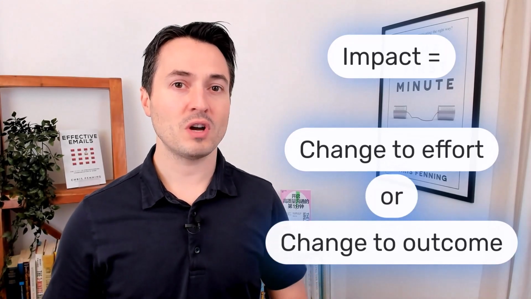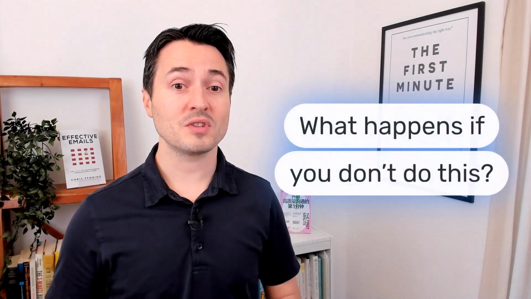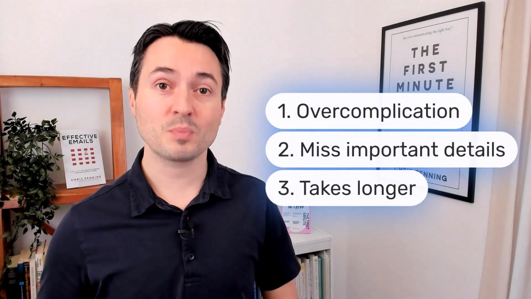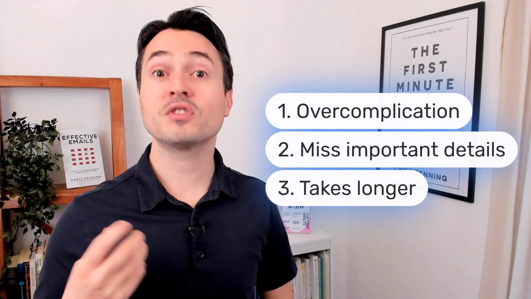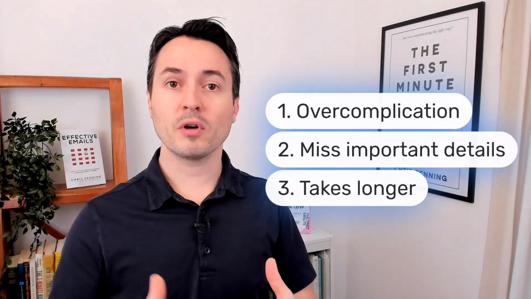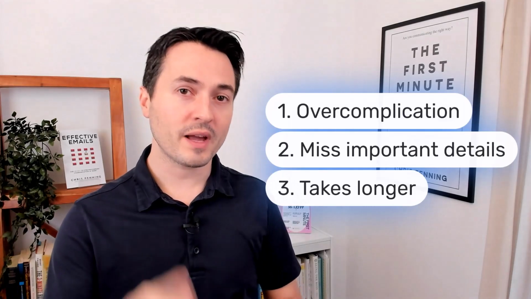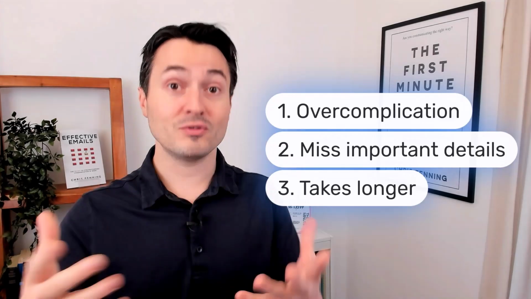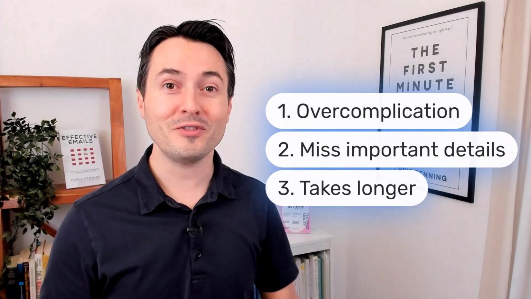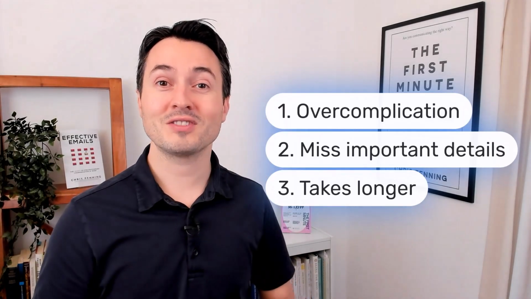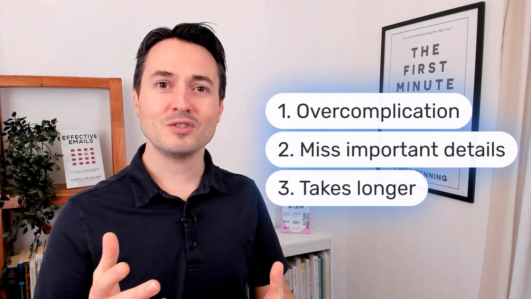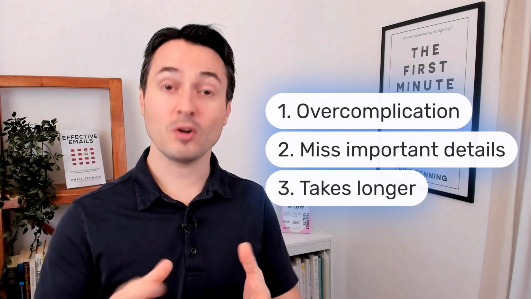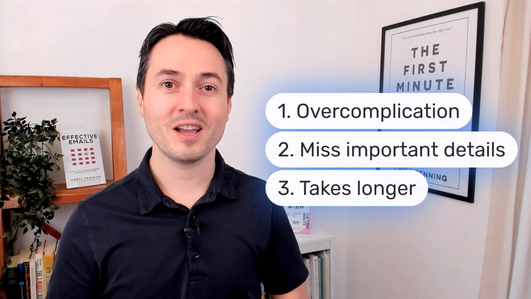Now, if you don't describe the impact of your message using efforts and outcomes, you're potentially going to overcomplicate your message, miss important details, and it can take longer to explain it. Efforts and outcomes help summarize impacts. It helps summarize what is happening and what will happen. Without that easy summary, you might go really into the detail and miss some of them. You might give too much detail and overcomplicate, overwhelm and confuse the audience. And all of that takes longer to get your message across. So if you'd like a way to quickly get a complete message in a simple way across to your audience, do explain impacts using efforts and outcomes.